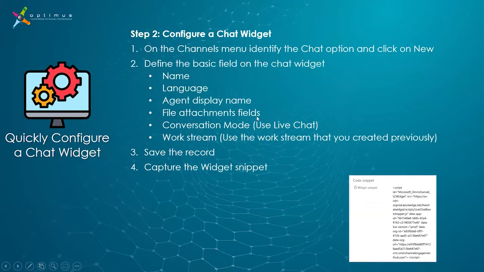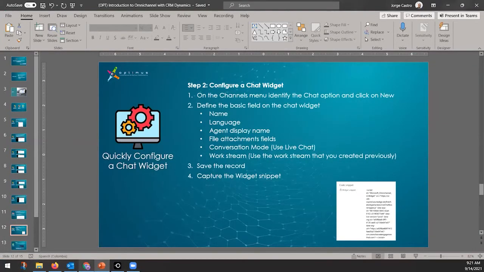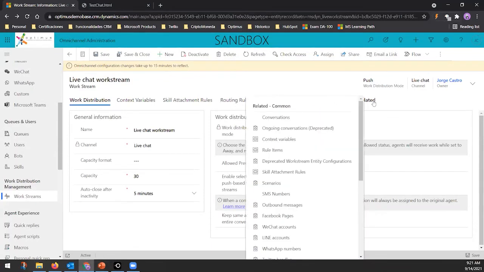Okay, so let me do that. Okay, and after that, you need to define the information for the widget, the name, the language, the agent display name, and save the record. Basically, that's the main instruction. So on the channel menu, identify the chat option. So let me do this on the,